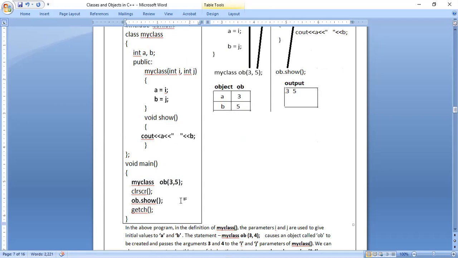The meaning is, whenever we write a parameterized constructor, we have to send the values to it. Where you create the object, from that line you have to send the values. In the main function, I have created the object ob. From this line only you send the values. 3 is an integer, 5 is an integer.